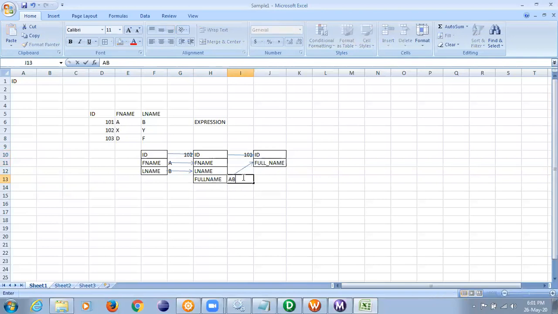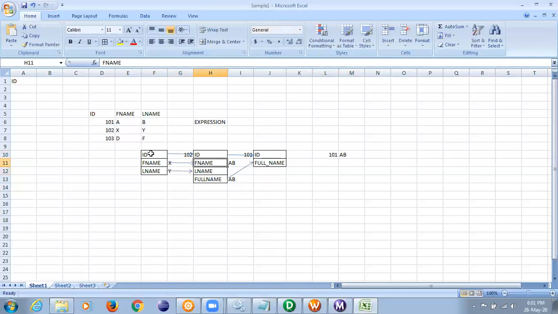So AB is available here, so AB will be loaded here. So in the output I'll get 101 and AB concatenated. Clear? Once this is done, the second record will flow. Am I clear?